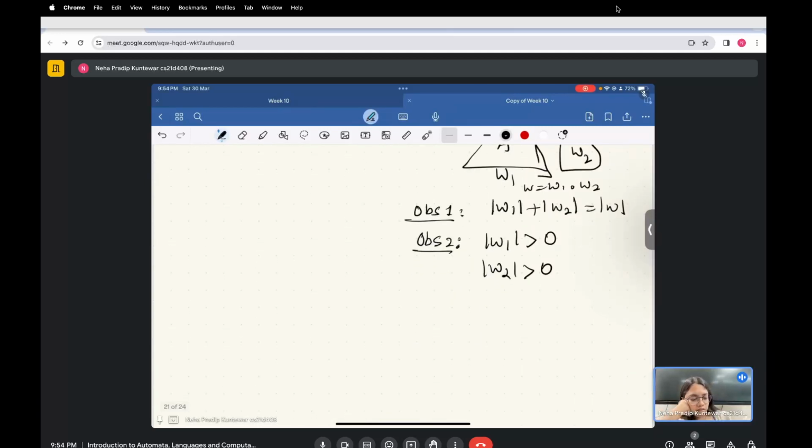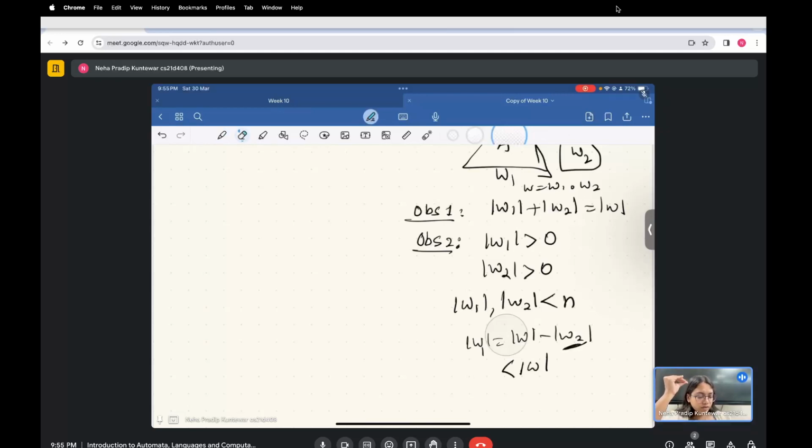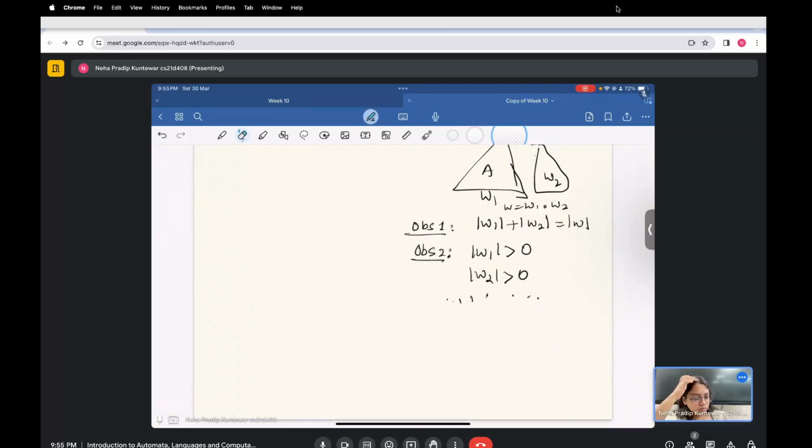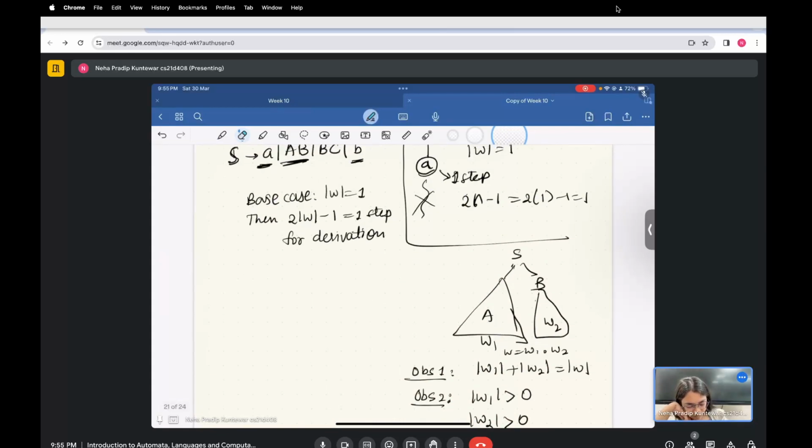And what does that mean? That basically means that length of w1 and length of w2 are strictly less than n, because length of w1 is length of w minus length of w2. So this is strictly less than length of w, because length of w2 is greater than 0. So that is why we have the following claims, and this is where we are going to invoke what is called our induction hypothesis. By the induction hypothesis, what we have is that